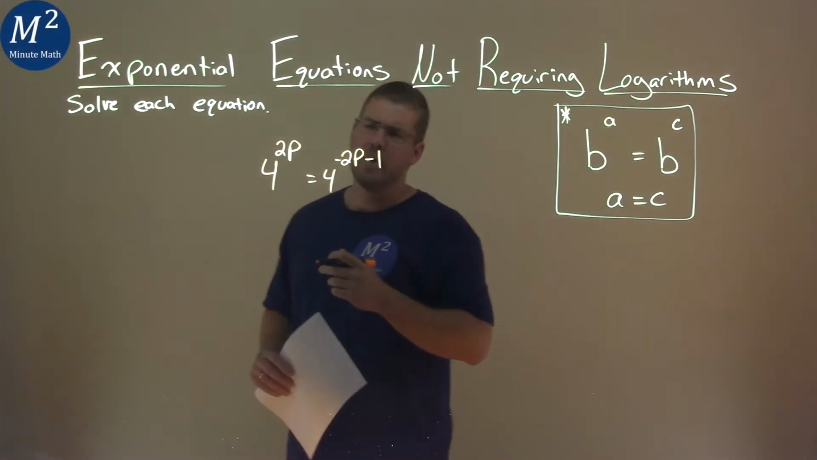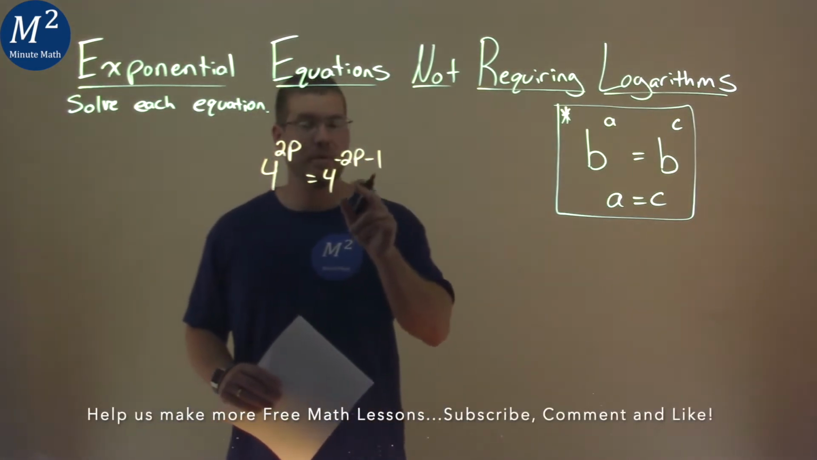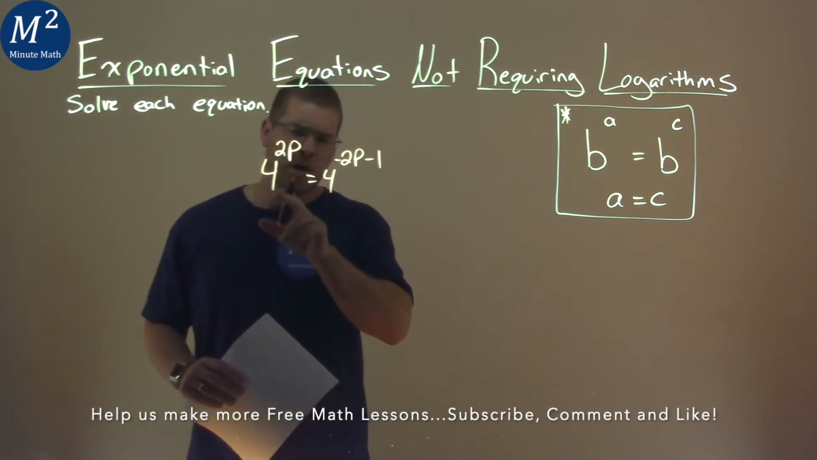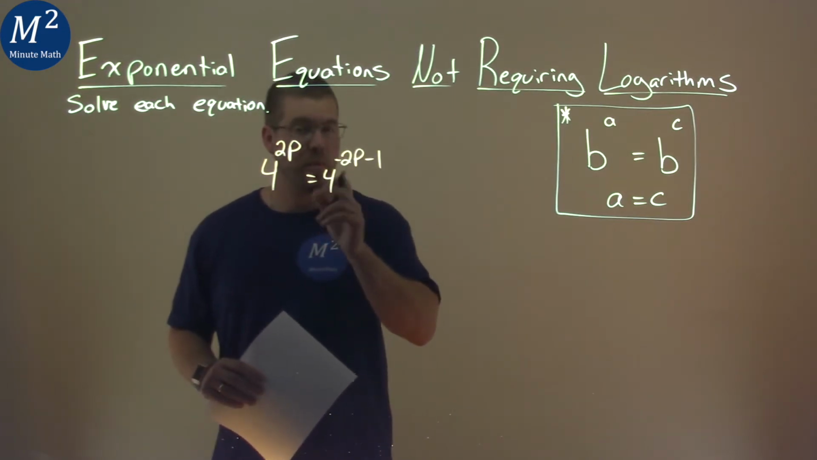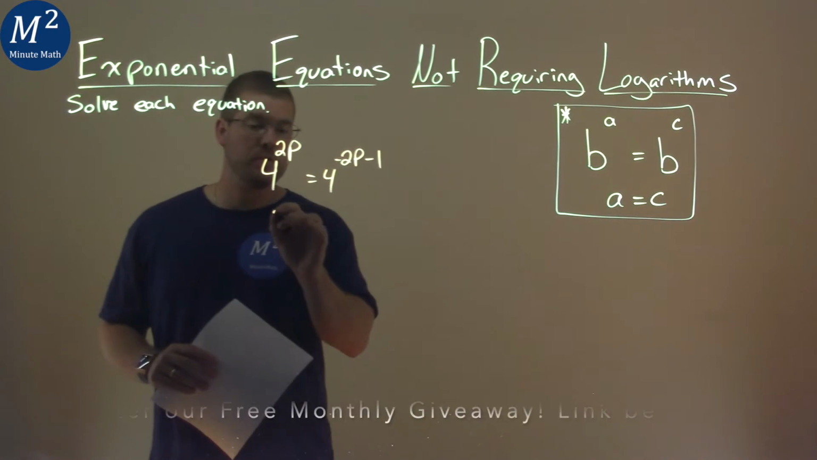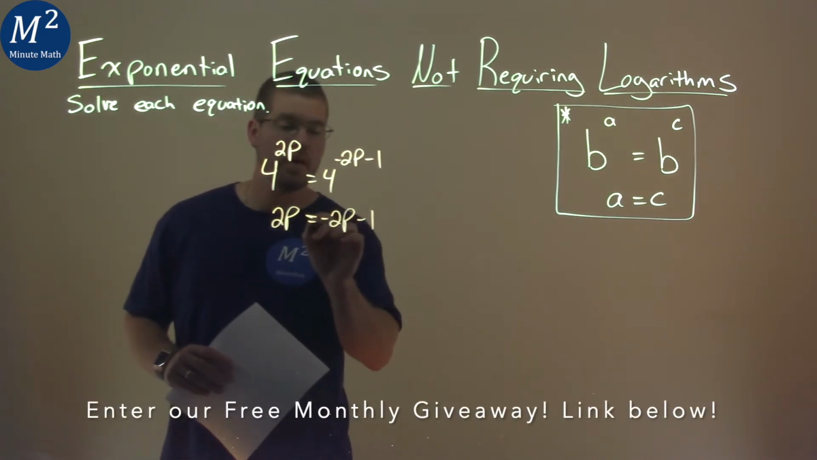We're given this problem right here. 4 to the 2p power equals 4 to the negative 2p minus 1, and we want to solve this equation. Luckily, we already have the same base here of 4. When that happens, we just look to the exponents. We can take our exponents, 2p, and set it equal to a negative 2p minus 1, and now we just